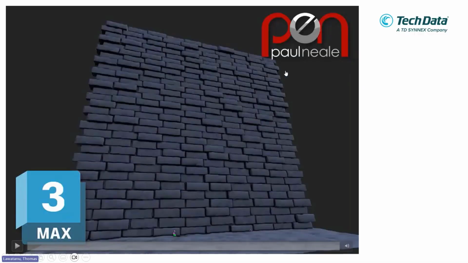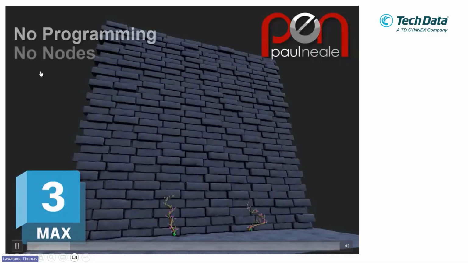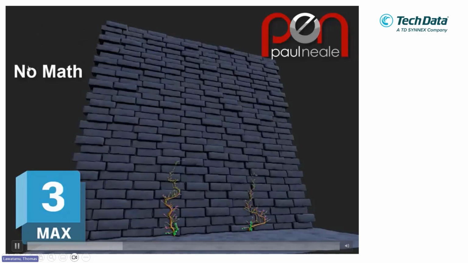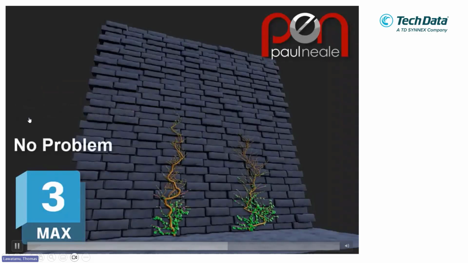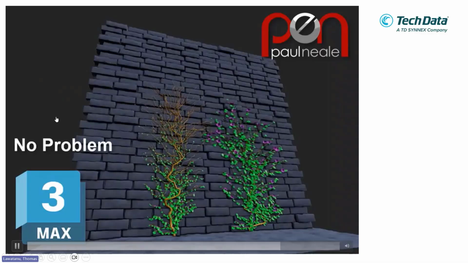I got this from the YouTuber called Paul. I'm friends with him. He is a TD, and he is also a professor at a university in the US. They created this plant vein by using this array. No programming, no nodes, no plugin, no mathematics, everything using the array. They only apply the 8 modifier, one of these modifiers.